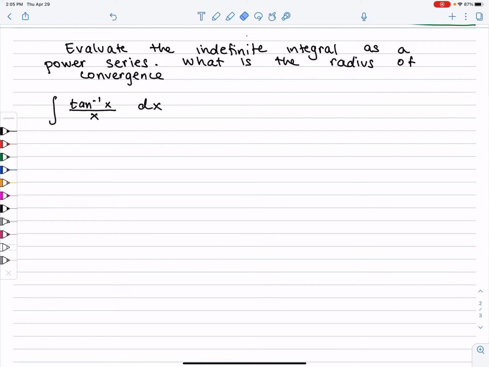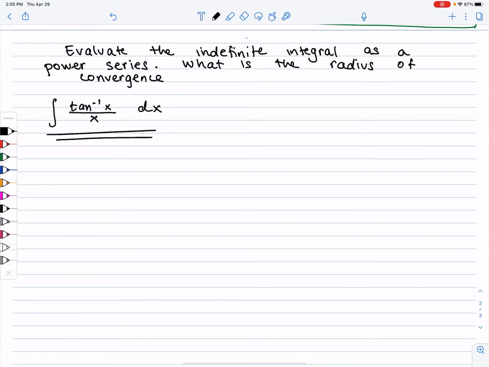We're going to evaluate this indefinite integral as a power series, and then we're also going to find the radius of convergence. In order for us to do this problem, we have to review a couple of other topics. So some of the topics that I want you to review is the fact that the integral of 1 over